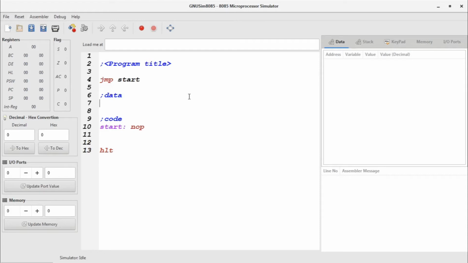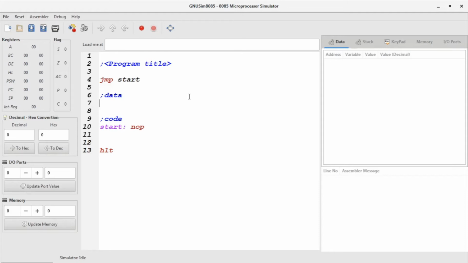Let's start writing. In the first, I will take one 8-bit data, move it to the accumulator, add one immediate data to the accumulator's content, and the result will be stored in the accumulator.